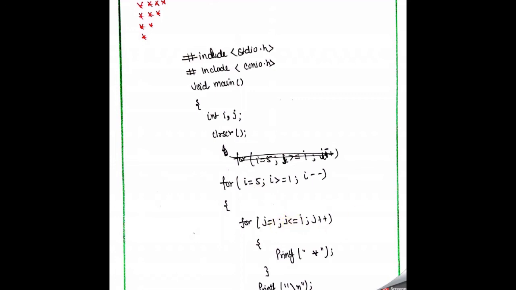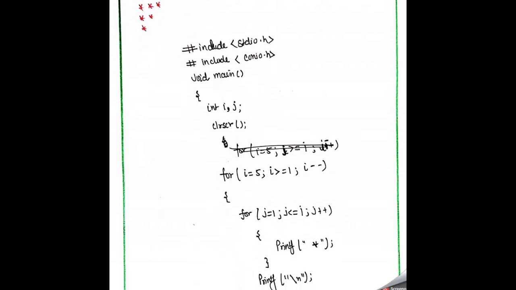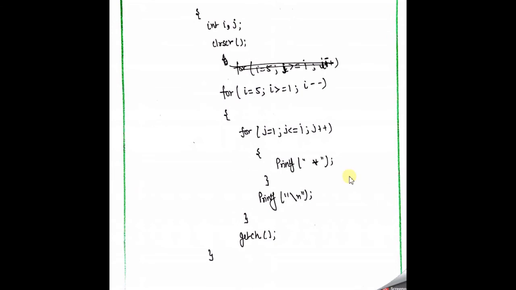So just look at here. What is the pattern? When i is equal to 5, that means in iteration i is equal to 5, then j is moving from 1 to 5, that is 5 times. And when j moves for 5 iterations, you need to print the star 5 times. After printing the 5 stars, you just change your line. After changing your line, you perform the decrement, and the updated value of i will become 4.